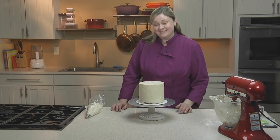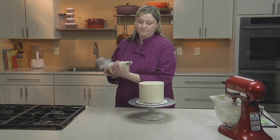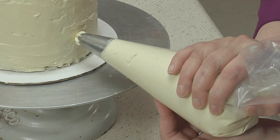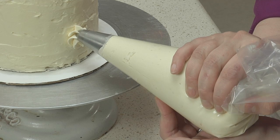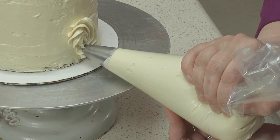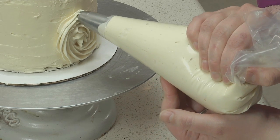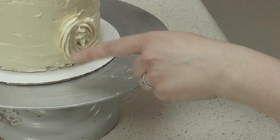Finally, we'll do rosettes. I have my pastry bag filled with buttercream and fitted with a star tip number 826. To pipe my rosette, I'll point the tip of the pastry bag towards the cake, apply pressure, and then move in a clockwise motion around where I started. When I get to the edge of my rosette, I'll release pressure and allow the buttercream to trail off in a circle